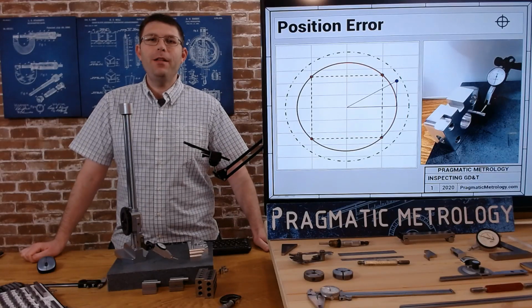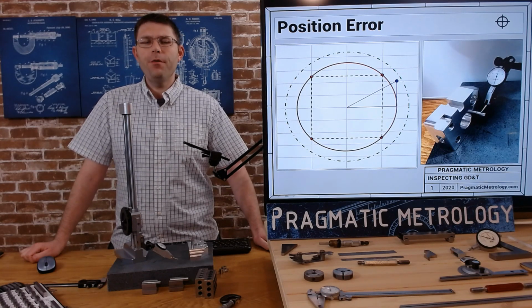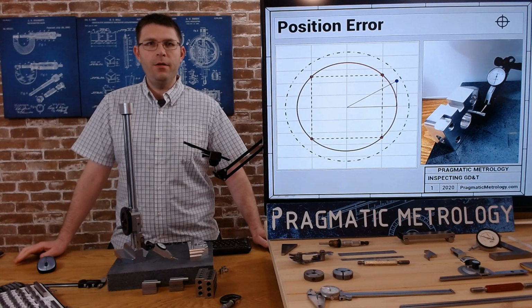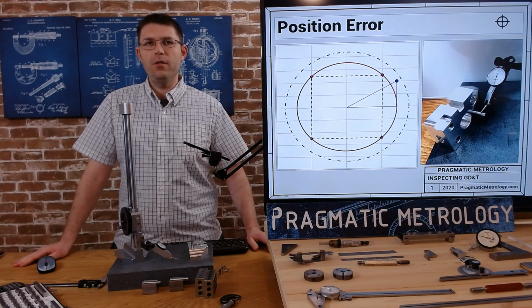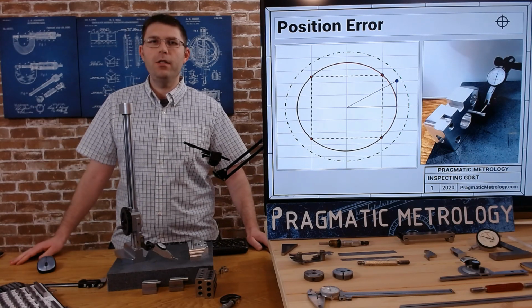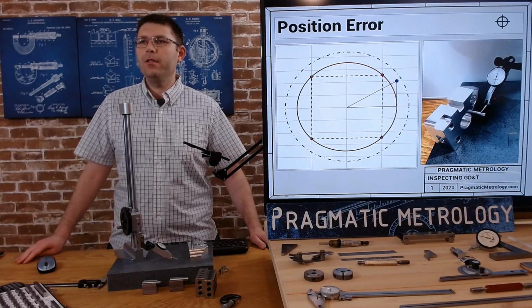So when I finished my last video demonstrating the GD&T Position Calculator that I developed in Excel, I realized there's a few things I want to clarify that I probably didn't explain well enough, and a couple of things I neglected to mention. So let's just follow up and wrap up with the GD&T position error. So first thing I wanted to do,